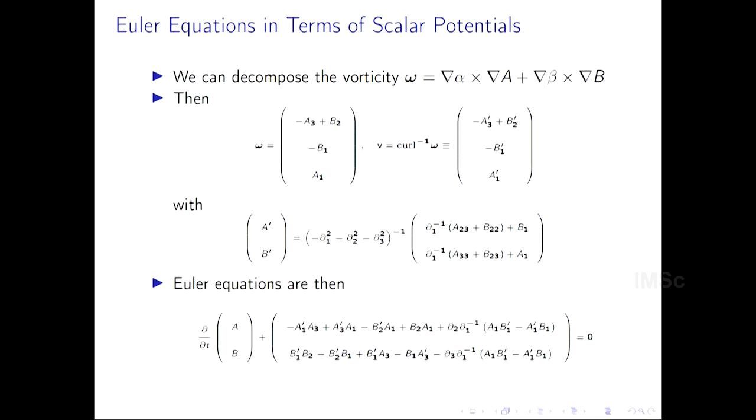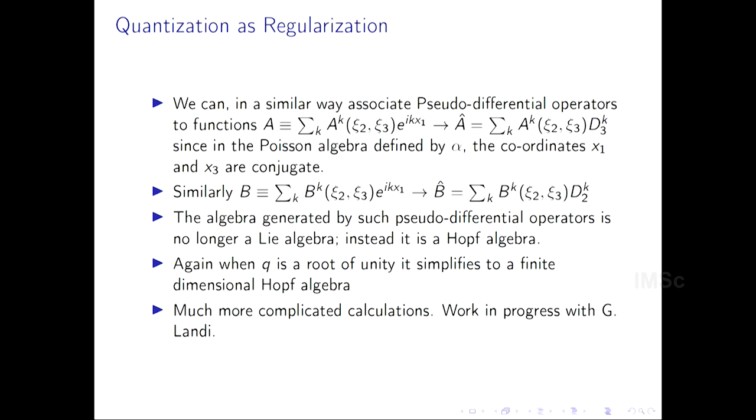The hope is that you can deform them if you don't insist on them being Lie algebras, but something in a more general category, for example, Hopf algebras. Although they cannot be deformed within, so in the two-dimensional case, we could deform the Lie algebra of canonical transformations and replace them by another Lie algebra, which is this Lie algebra of unitary transformations. That may not be possible in higher dimensions. And that is the direction I would like to go with this.